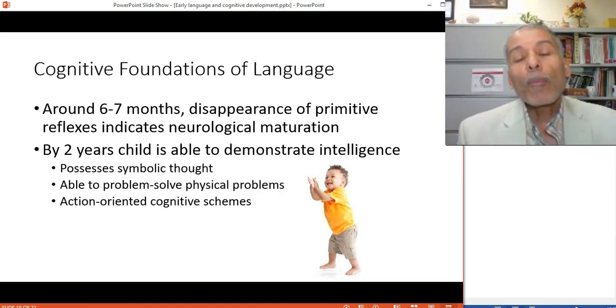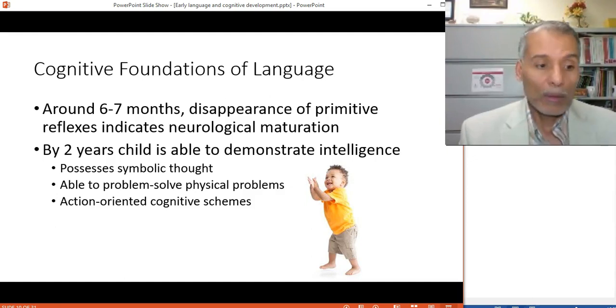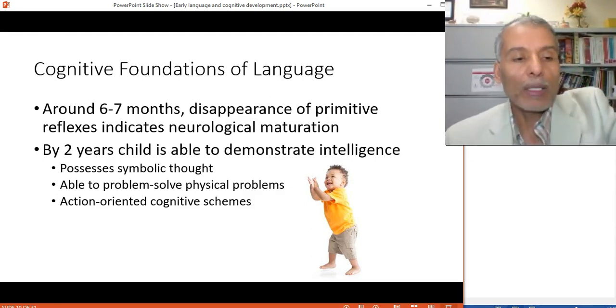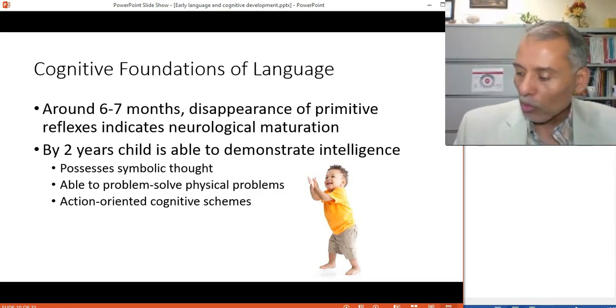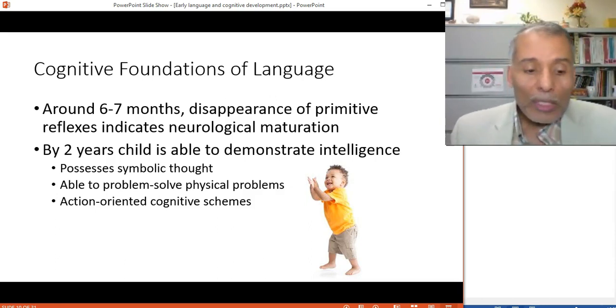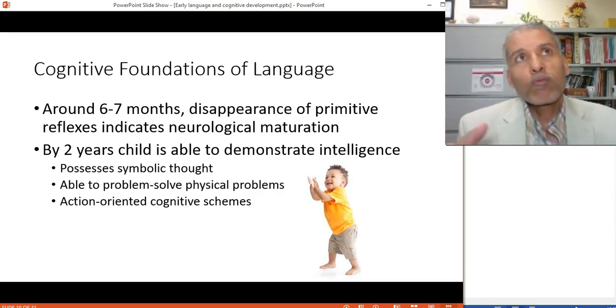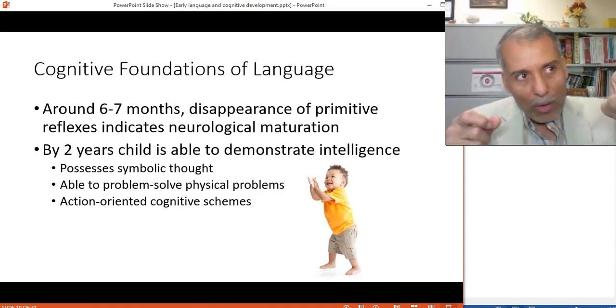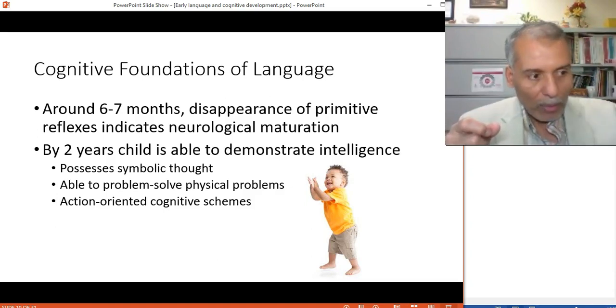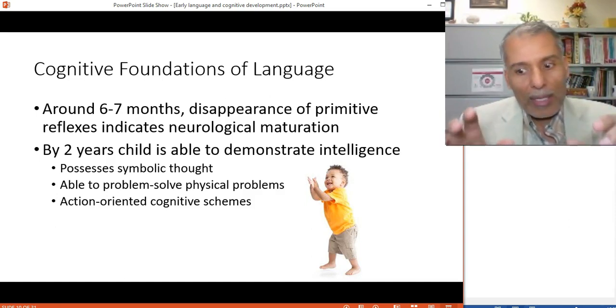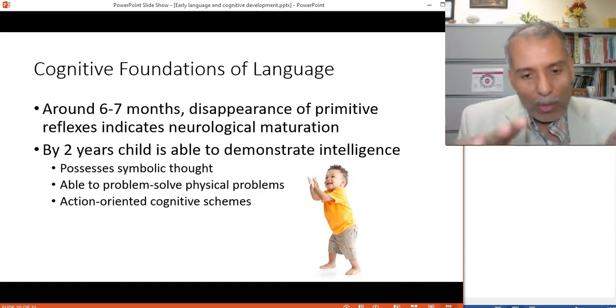They are able to problem solve physical problems. And this actually begins even earlier than 2, but you are solidly expected to have it at that time and to use it creatively. So even if you notice a child who's maybe 10 months old, and they see something over there on a table or something, they are going to stand and go around, around.